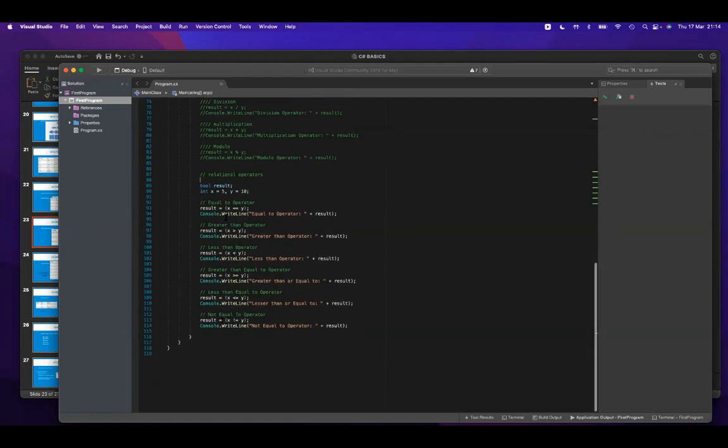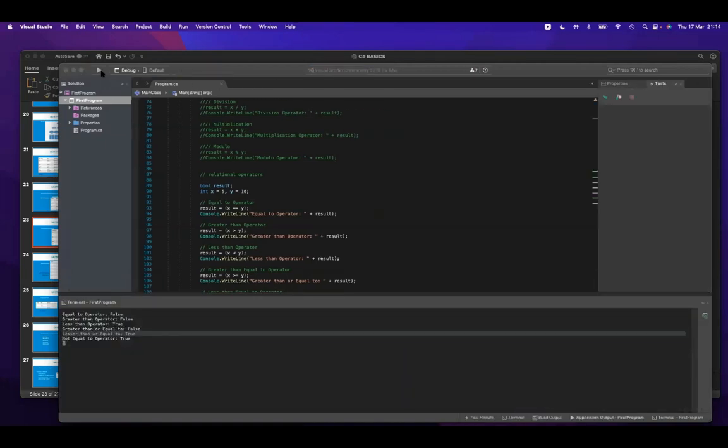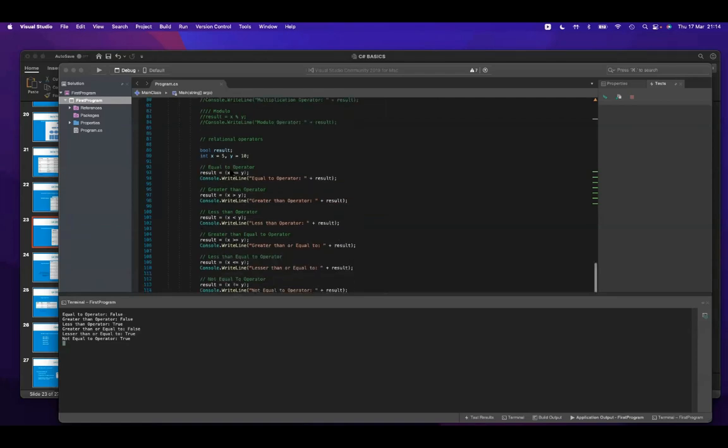So if I run this now, all the results I've specified verbally should be what comes out. I said the first two are meant to be false. The next one is true. The next one is false. And the last one is true. And that was what was specified here. So basically,